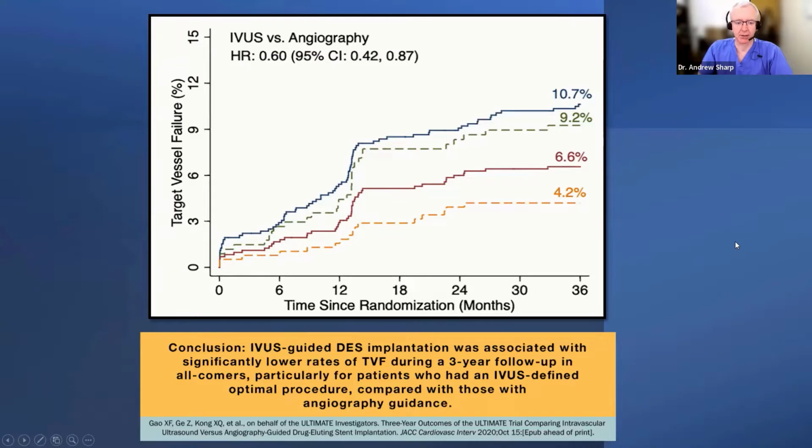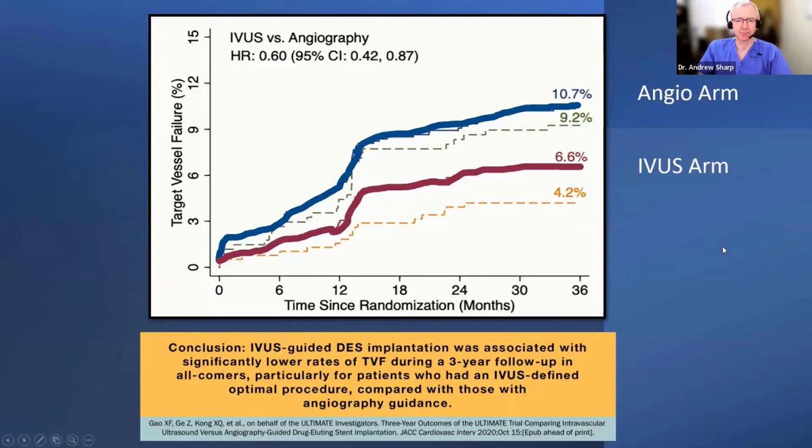Why do we do that? Because what Ultimate showed is that if you just do angio guidance, you have about an 11% target vessel failure rate at 3 years. If you do IVUS guidance, it's about 6.5%. So about a 40% reduction in events,